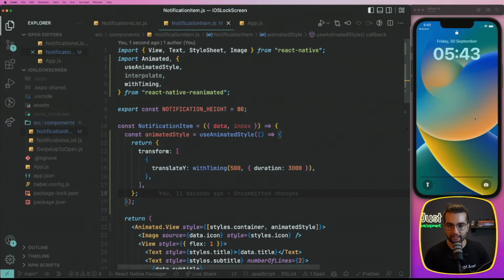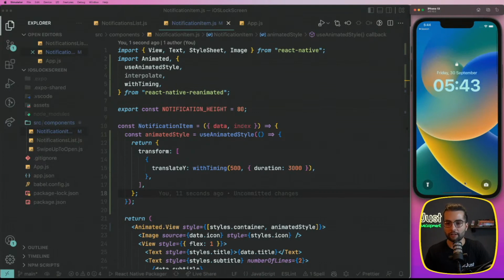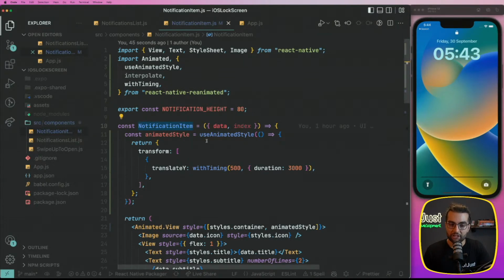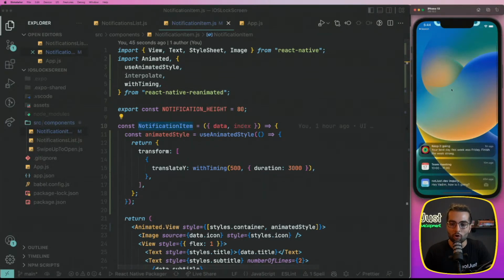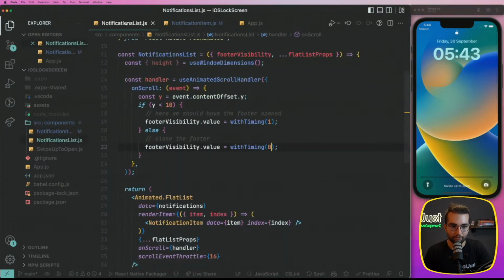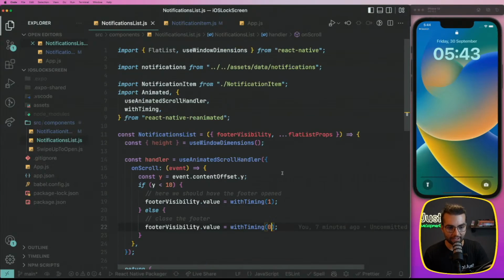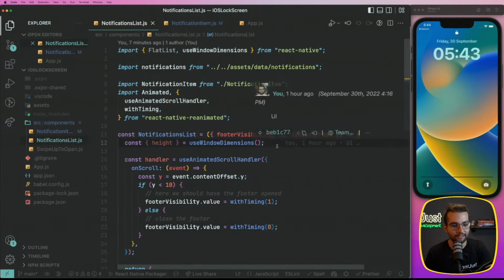The biggest issue is that we need to trigger this movement whenever we scroll down and take your finger off the screen, and when that happens we should move all the items down. We are in the notification item, so all the scroll events are happening in the notification list. So let's go ahead here in the notification list, and the same way as we worked with a